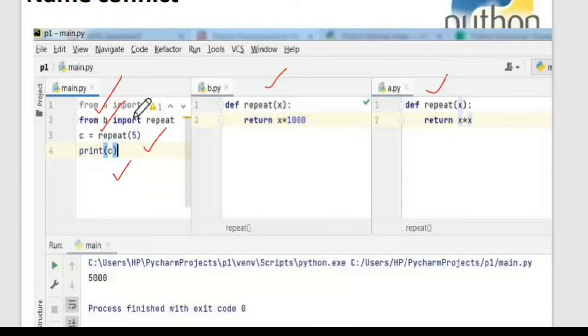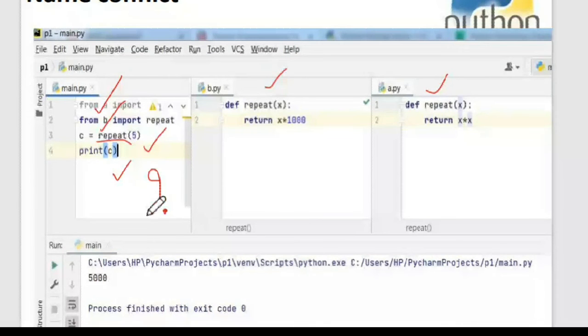Your main program will not understand. Simply I said repeat; I didn't associate it with the module name. Now, which repeat should your main program take, whether it should take repeat from the A module or repeat from the B module? So there is a confusion, right? Why has this confusion arisen? It has arisen because of having the same names. Two modules with two different functions, but the names of the functions are the same, and you want to use both functions in your program. How can this be resolved?